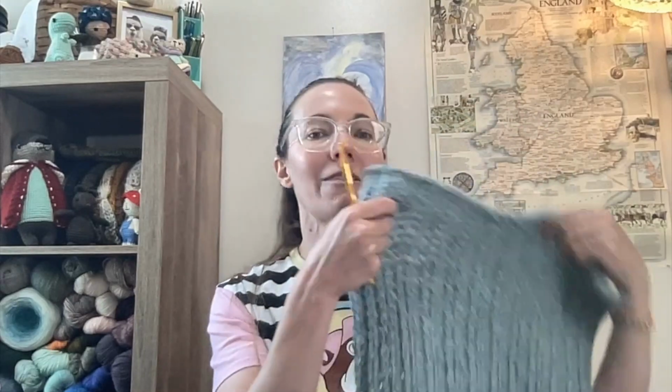I do have 7 of these, and they're all from 2 different dye lots. So you can't really tell much of a difference, but I am going to be alternating between the 2 different dye lots as I go along. It does have a real nice kind of fluff to it. And it also, actually,